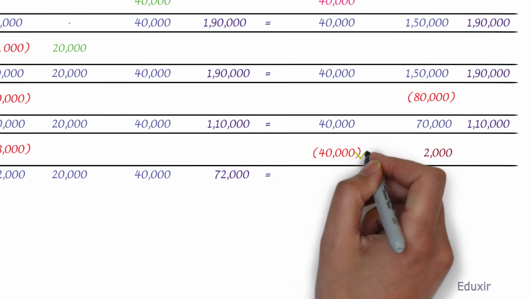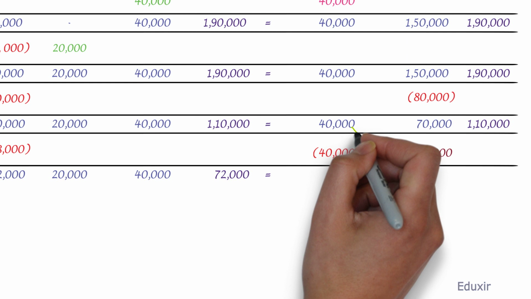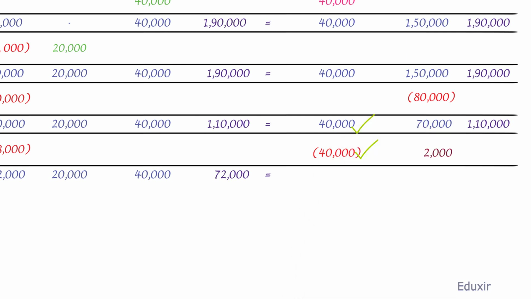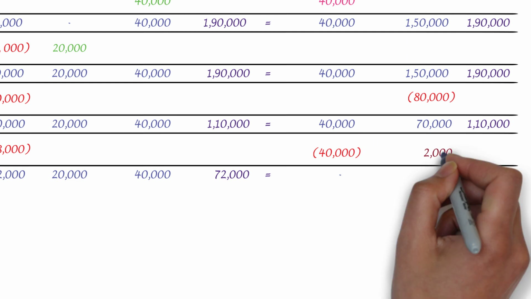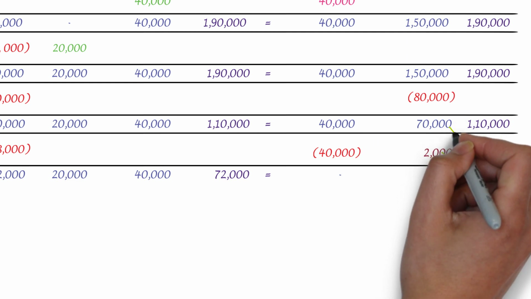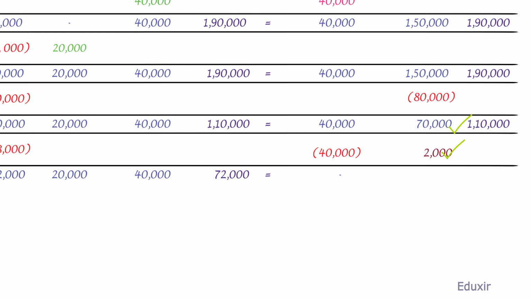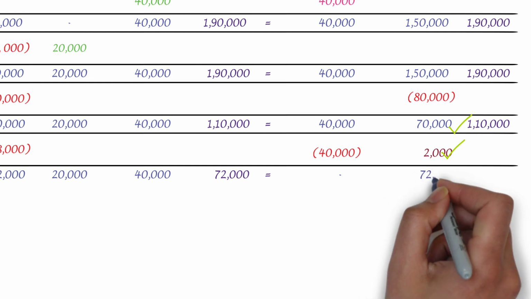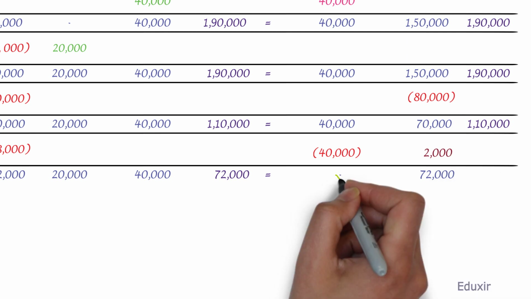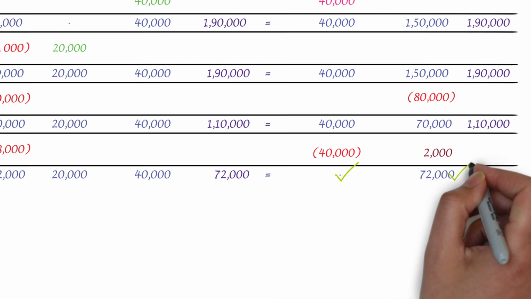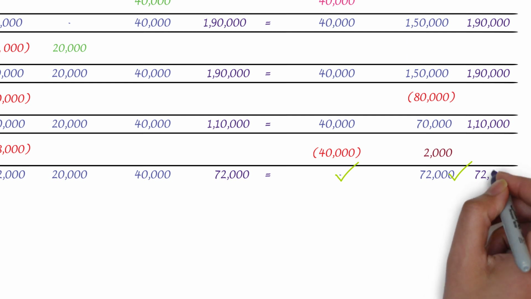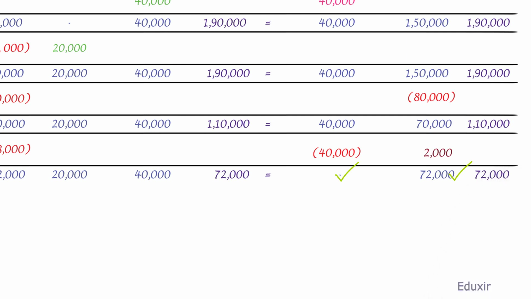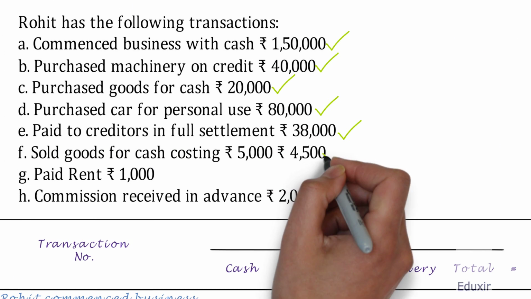Discharging 40,000 liabilities from the existing liability of 40,000, the business now has no liability at all. Adding 2,000 to the existing capital of 70,000, the business now has a capital of 72,000 rupees. The total of the liabilities and the capital would be 72,000 rupees. That covers the fifth transaction. The sixth transaction is